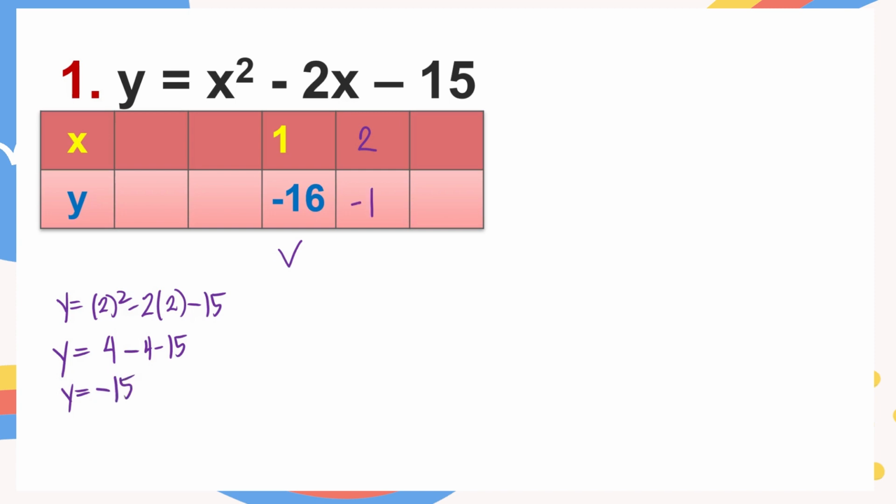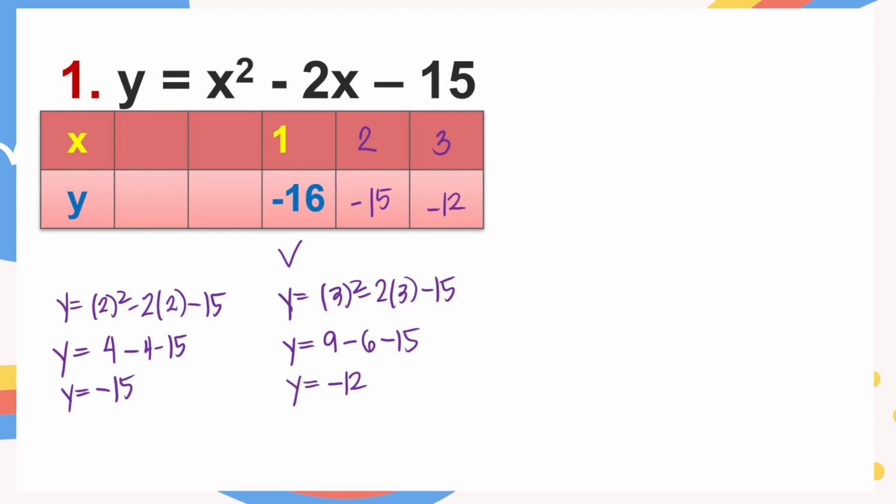So negative 15. Then next is value of x is 3. So y is equal to 3 squared minus 2 times 3 minus 15. So y is equal to 3 squared is 9 minus 2 times 3 is 6 minus 15. So y is equal to 9 minus 6 is 3 minus 15 is negative 12. So negative 12. Since yung parabola is symmetrical, yung sa left ng vertex is the same lang dun sa right